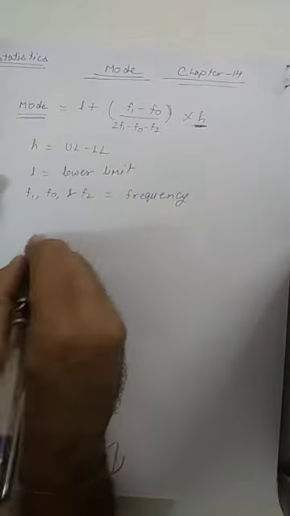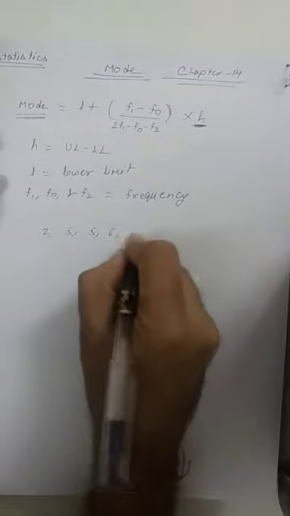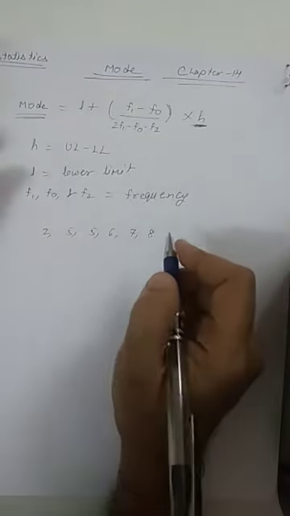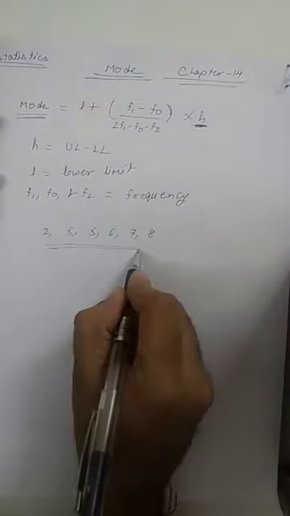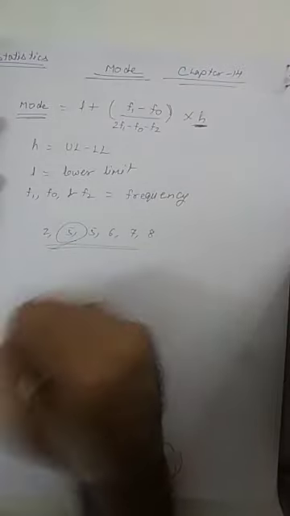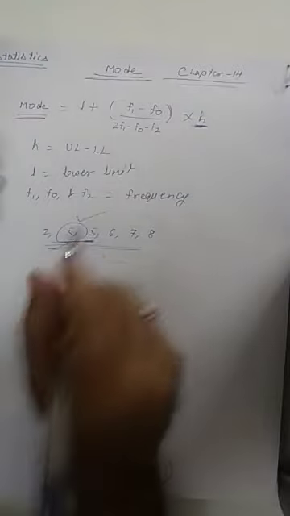Understood? Mode actually shows you the maximum number, the number that occurs the maximum number of times. In class 9th you studied that the number which occurs the most is called the mode. Just suppose the given data are 2, 5, 5, 6, 7, 8. The mode shows you how many times a particular number comes. If I ask what the mode is, the answer is 5. Why 5? Because 5 comes here 2 times. We studied that in class 9th, but in class 10th it is upgraded, correct?